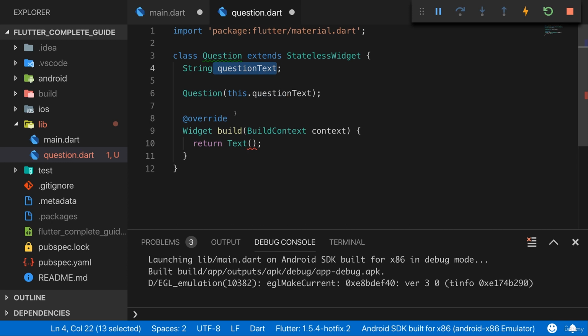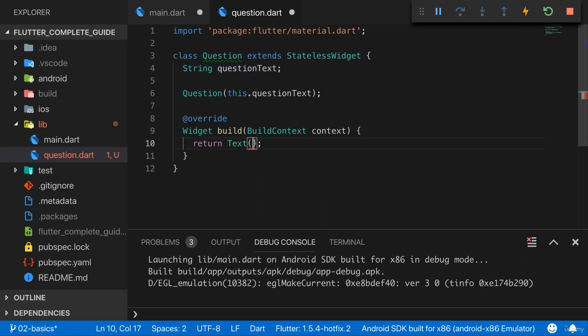Please note that I'm saying the first argument, because since I didn't wrap this here in curly braces in my argument list, this is not a named argument, but a positional argument. Only if I would wrap this in curly braces, it would be turned into a named argument. However, here, since I only need one argument, I'll go with a positional argument because identifying it shouldn't be too hard. It's the only one, right? So this is my positional argument which is required, which will be stored in the question text variable